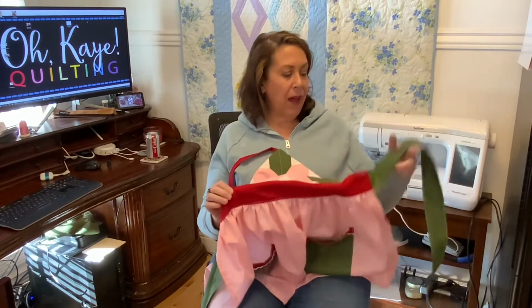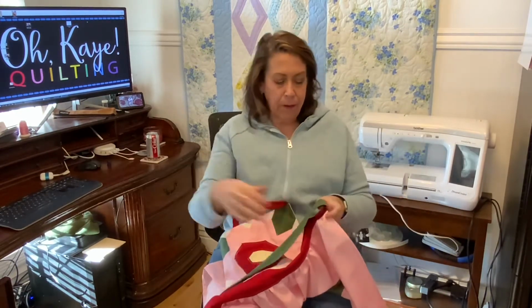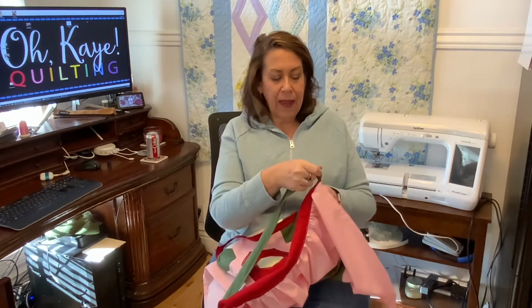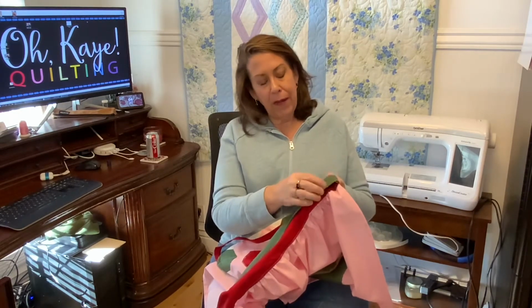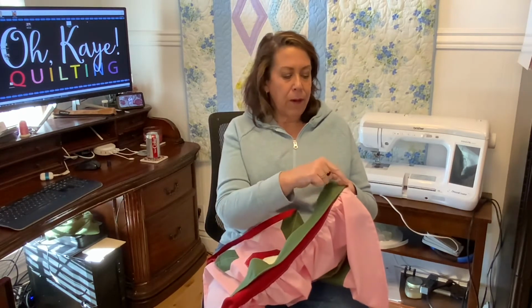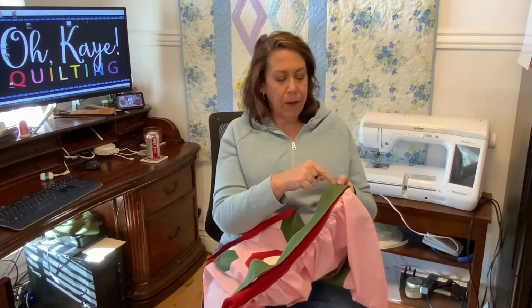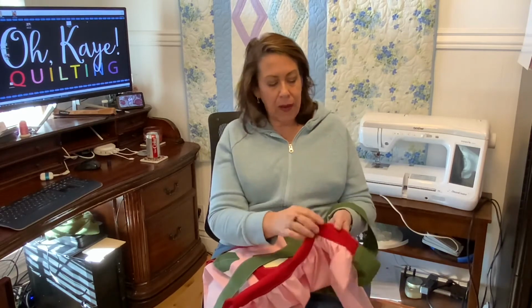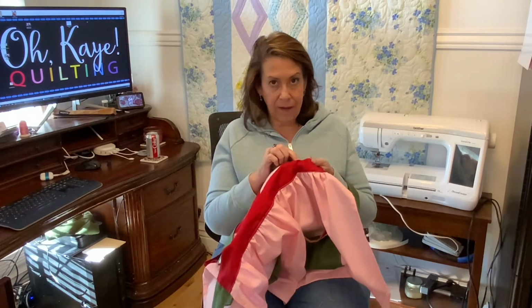You're going to take your tie. So if we were using this tie, we would lay it down going across this way, with the raw edges of our tie lining up with the raw edges of our waistband. All right, and then we would sew up the corner, and I would backstitch this just to give it some strength. You're going to sew across the top until you get to your mark at the 6.5-inch mark,